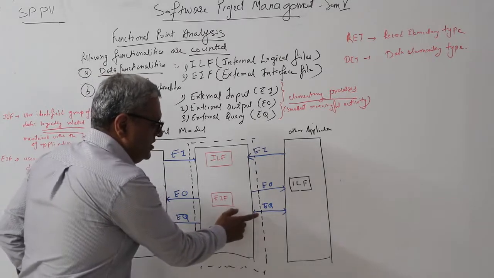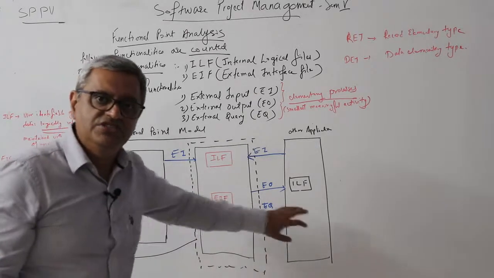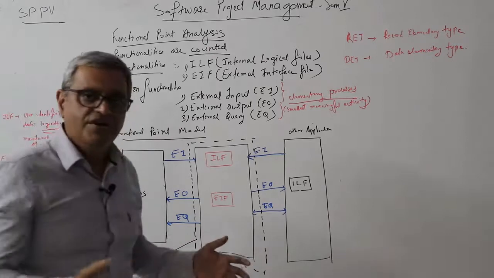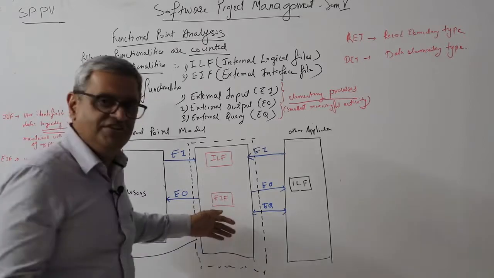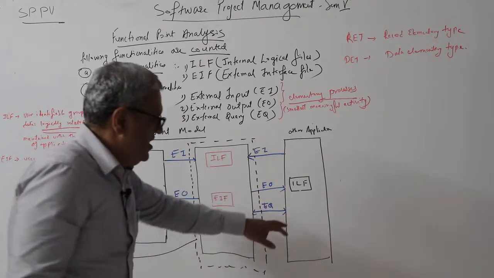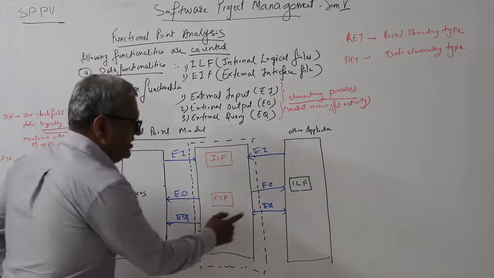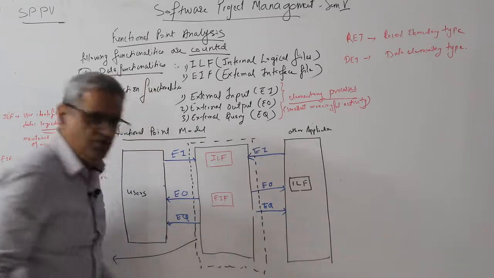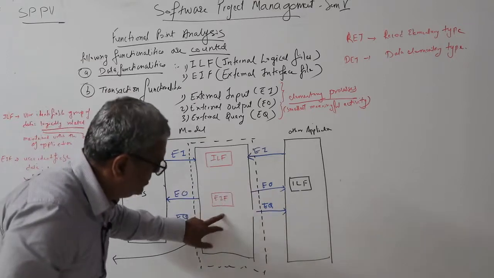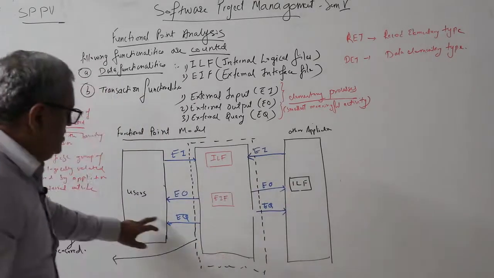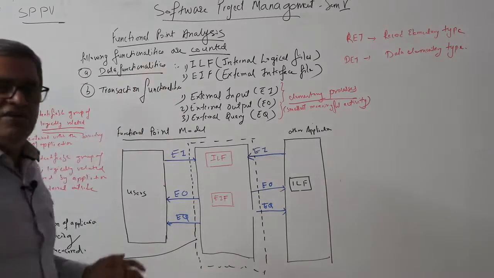Now I have specifically mentioned a double arrow here. One of the reasons is that both applications can have queries retrieving data from each other, and that is the reason there is a double arrow. But ideally speaking, from this application's perspective, you could easily say it's an external query going out from this application to the other application, in the same way as the user. So this is basically the block diagram.